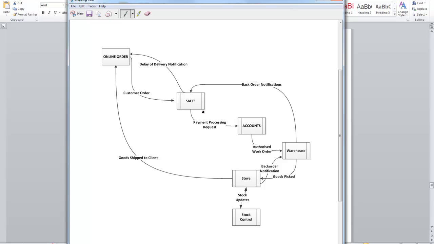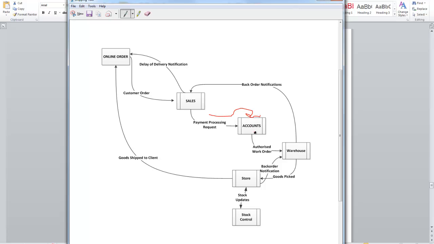Now the goods cannot be sent automatically to the clients because the payment has to be processed,